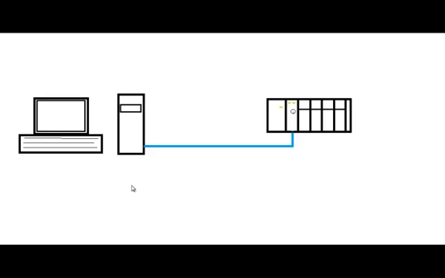What I'd like to talk about now is the means that we use to communicate between a PLC and a PC. There's two parts that are involved, hardware and software. The hardware is your PC, the network card that you're going to be using, the PLC, and the network card that it is going to be using. The software is RSLinx. RSLinx is going to be used to set up the communications between the two pieces of